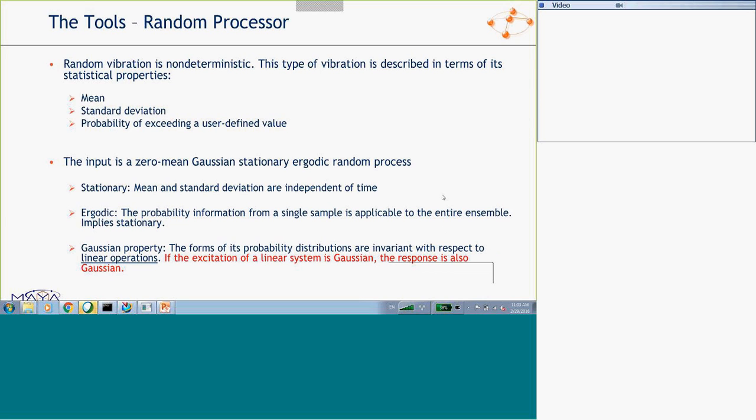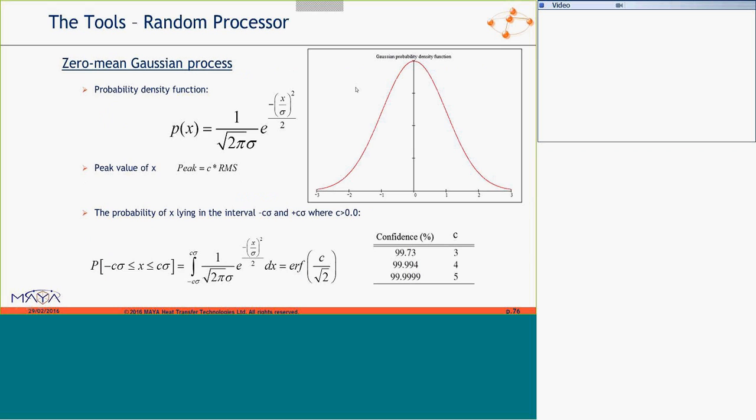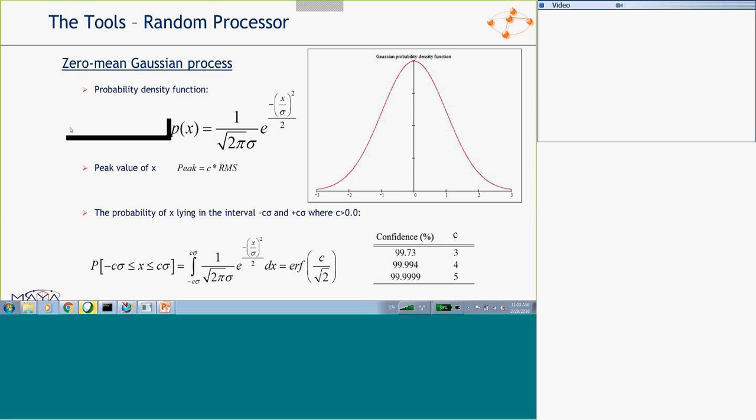Gaussian, the distribution doesn't change as a function of operations. So if the excitation is Gaussian, so will be the response. And the responses that we have are Gaussian. They look like the probability density function for a zero mean Gaussian, so I've removed the mean from the equation, and it is related to the standard deviation sigma